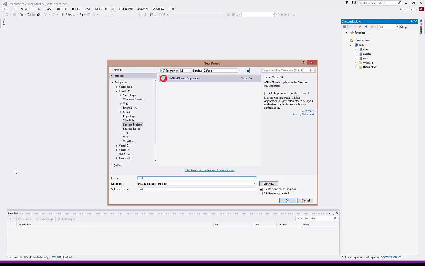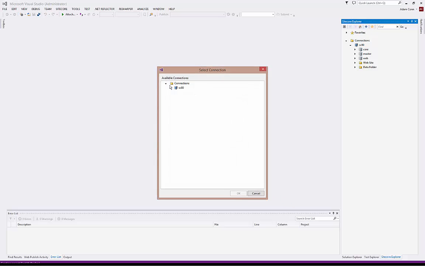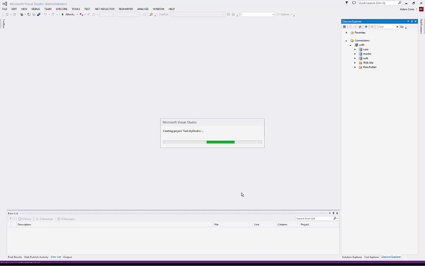this test my dev environment. Pick the Sitecore server that I want to connect to, and by doing that,